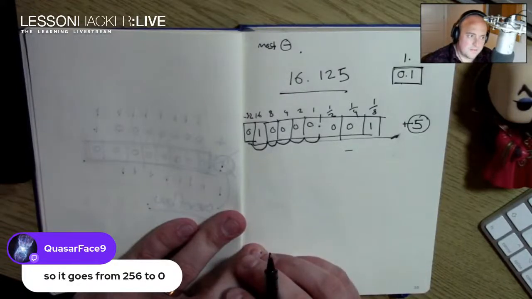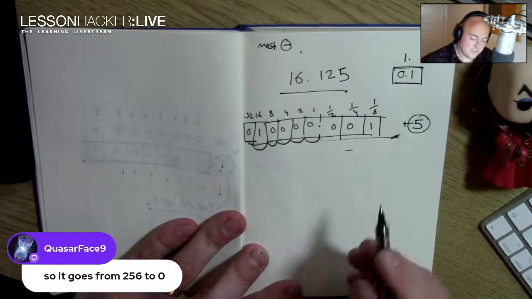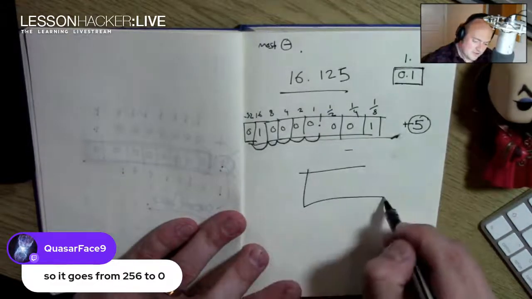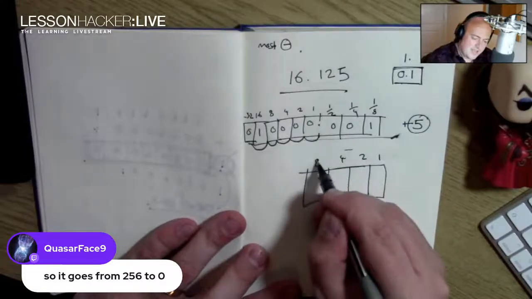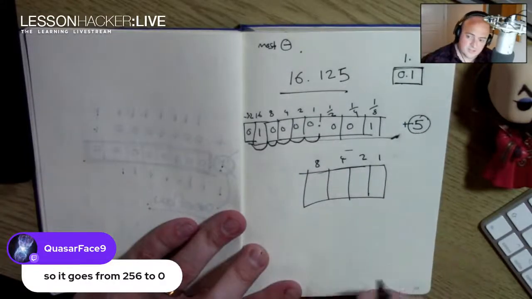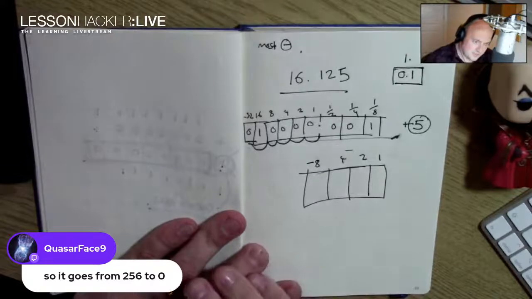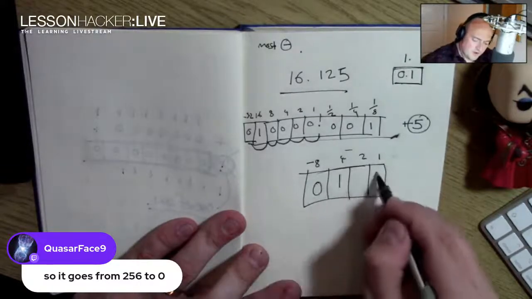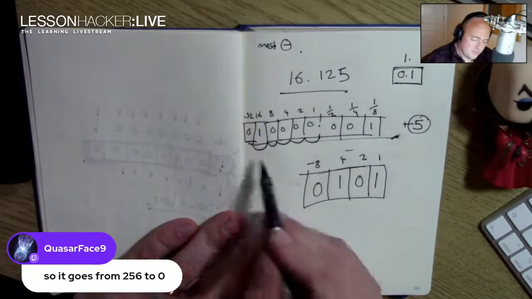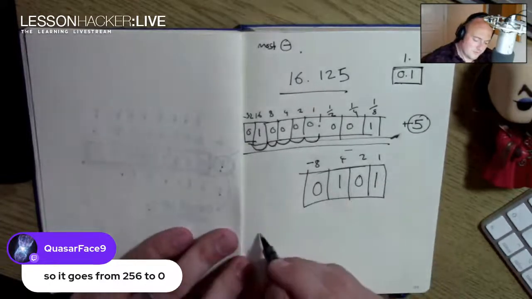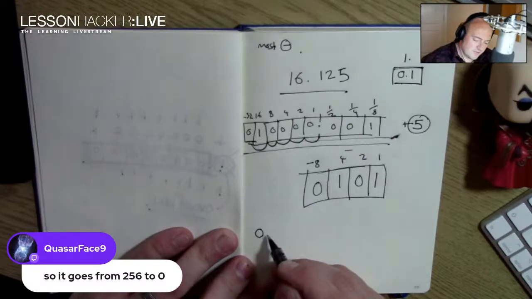Let's have a look how many bits it is. The question says we need a 4-bit exponent in 2's complement. That means it's a nibble. 1, 2, 4, 8, but it's 2's complementation, so that is going to be minus 8. So we need a 4 and a 1 for it to be plus 5. That means in our final version, we've got our mantissa of